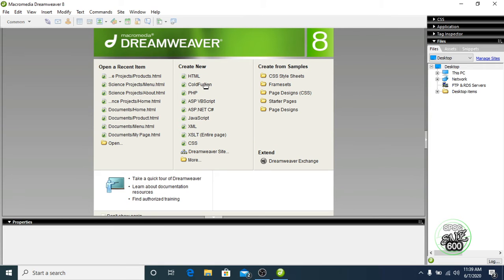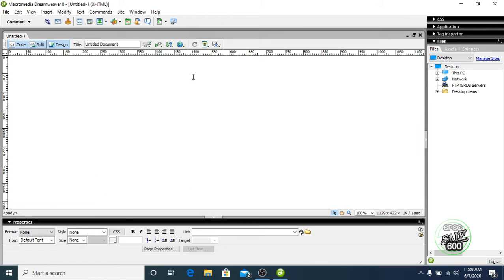Here we can see HTML, ColdFusion, PHP, VBScript, and many other options are given. So we will use the HTML option. Just click on HTML, and it will come with this white screen and some properties.